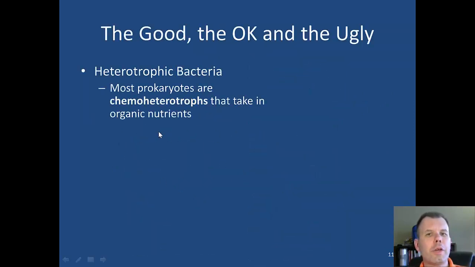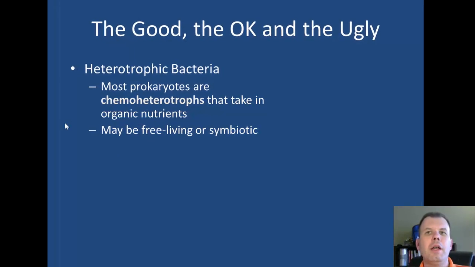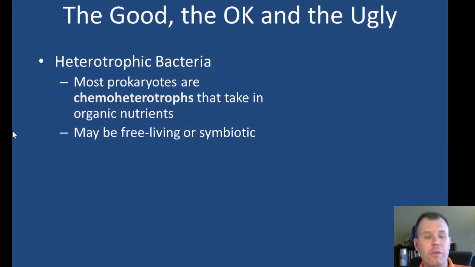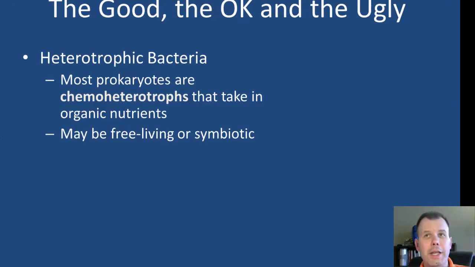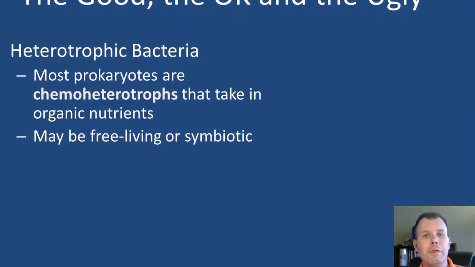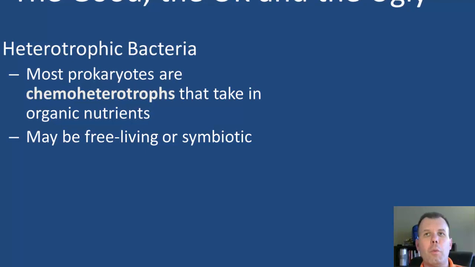Now another thing we look at is where do the bacteria grow? Most bacteria are called chemoheterotrophs because they have to eat. They don't do photosynthesis, and we'll talk about the bacteria that do here in just a minute. But the chemoheterotrophs are the ones that actually have to eat and take in organic nutrients to survive. Now these bacteria may be free-living, and most bacteria are. Most of them are found in the soil, water, and sometimes in the air. But there are quite a few that are symbiotic. That means that they live with another host somehow, some way.